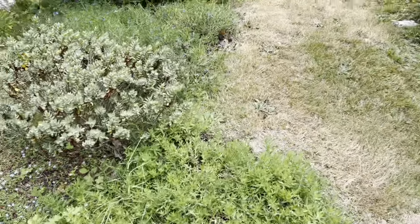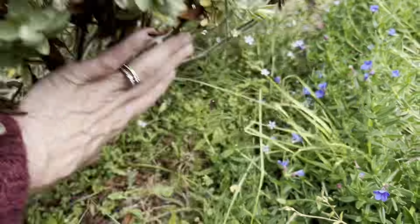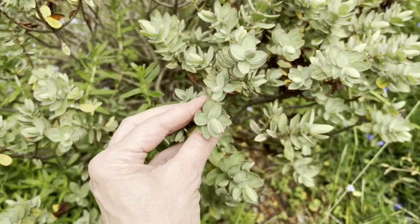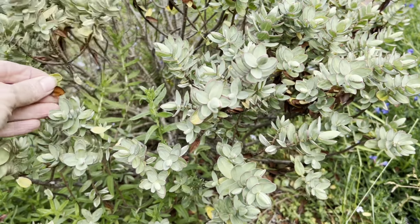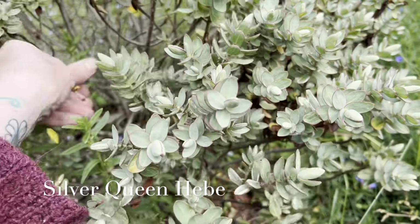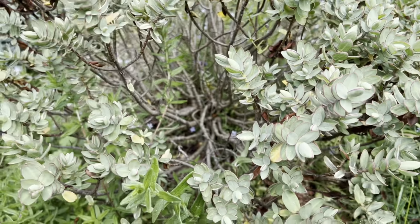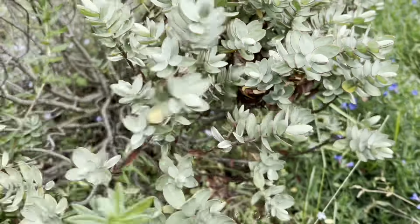And just as a little update here, this is my Hebe. See if I have a tag still. I don't have a tag. I think this is the Silver Queen. I'll try to find the tag and get it up on the screen. So see, I'm having a lot of this going on. I mean, they do get woody inside, that's normal, but I just feel like this time of year I shouldn't be getting all of this. So anyway,